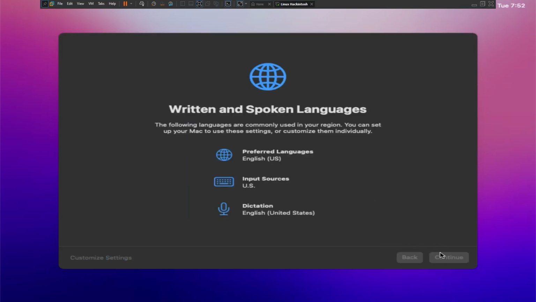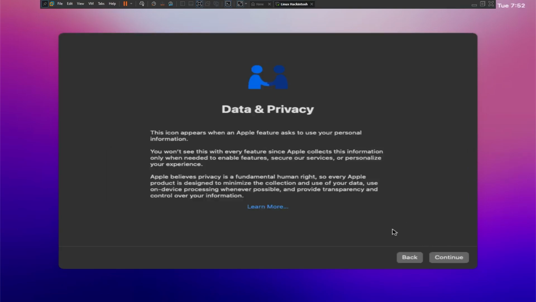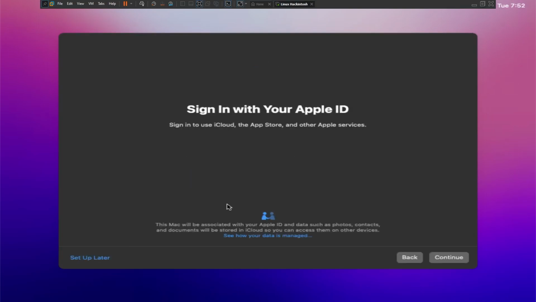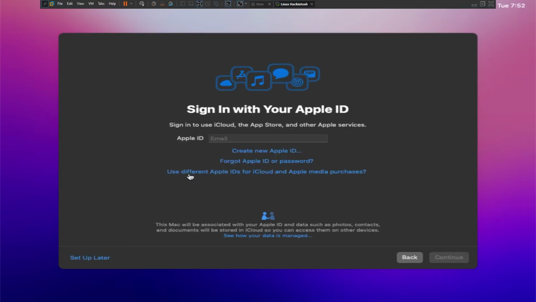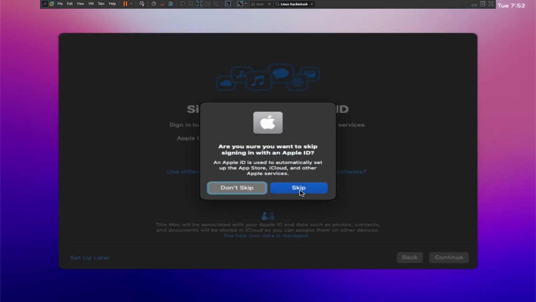Continue. This is if you want accessibility options. You have that option. I'm going to click Not Now. Continue. Not now. And you can sign in with your Apple ID. I'm not wanting to. Set up later, and then skip,